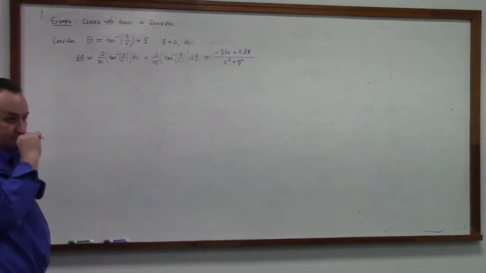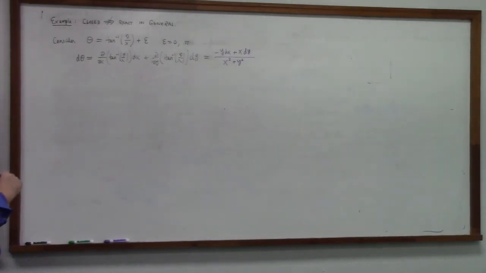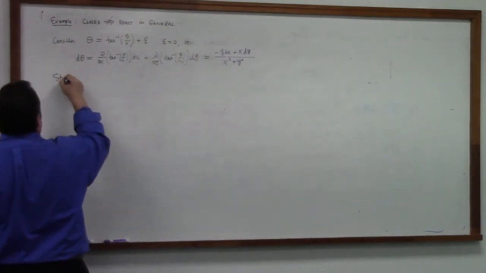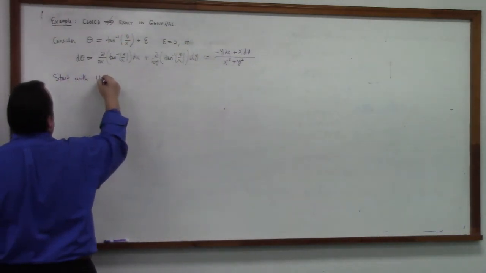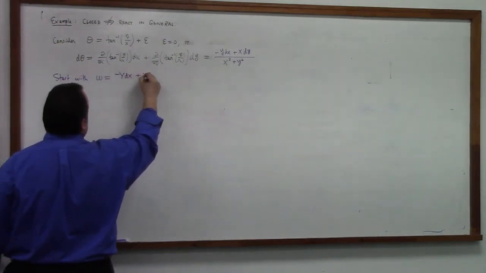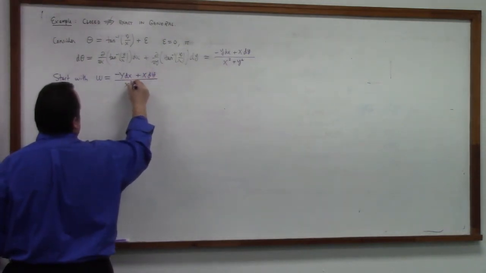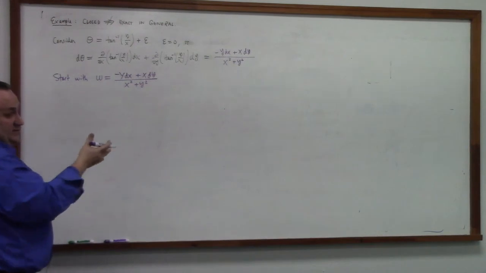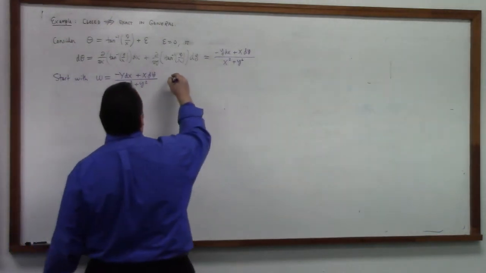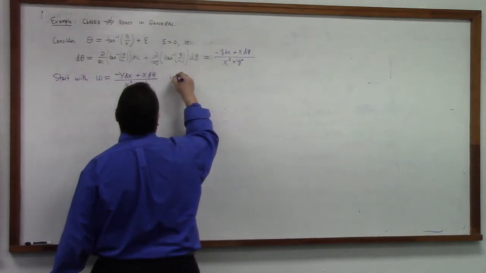All right. So anyway, you could take this as a starting point. You can start with omega equal to minus y dx plus x dy over x squared plus y squared. Let's suppose we start there. You could definitely do that. This is a form. I'm telling you where it came from. It came from taking the differential of the angle function. It is therefore totally unsurprising that this is closed. So here you can check it says this is closed